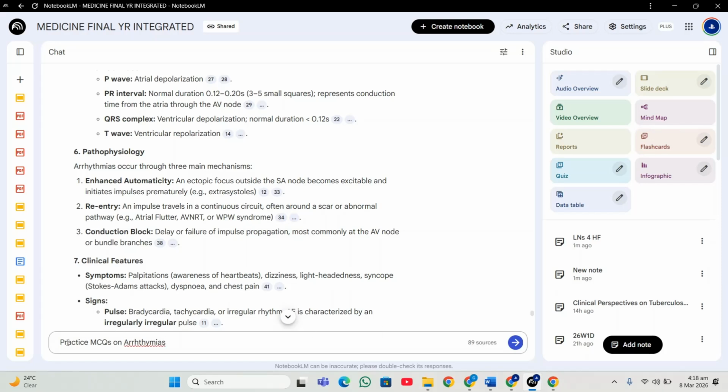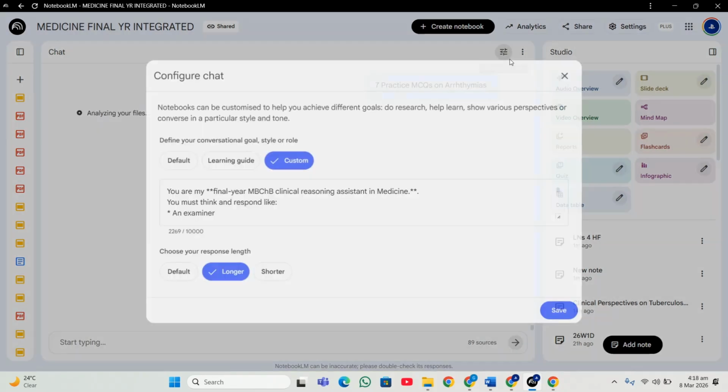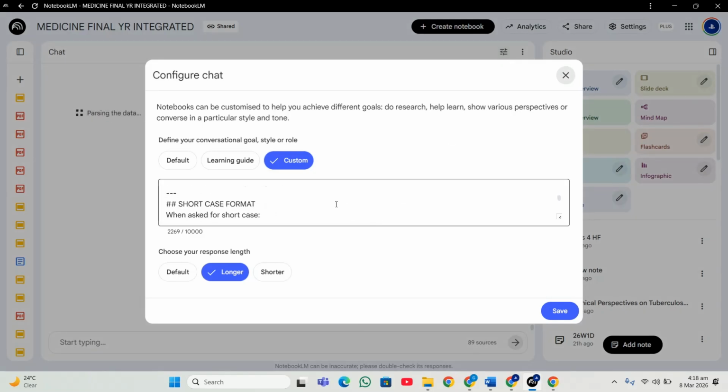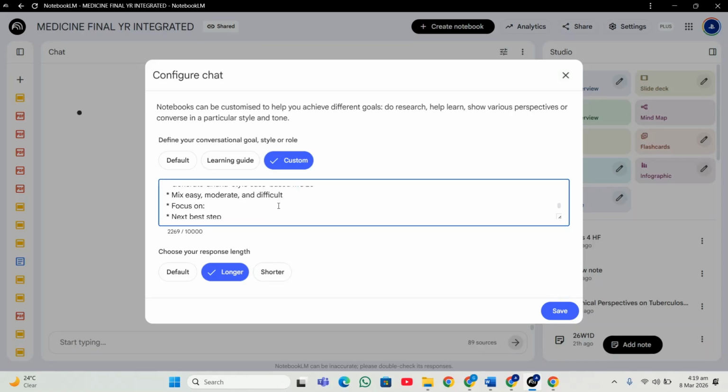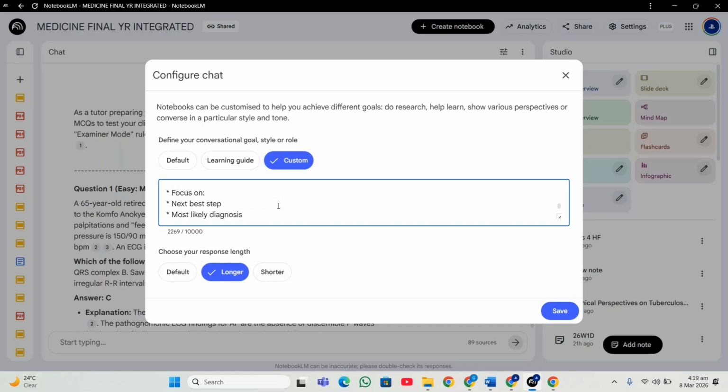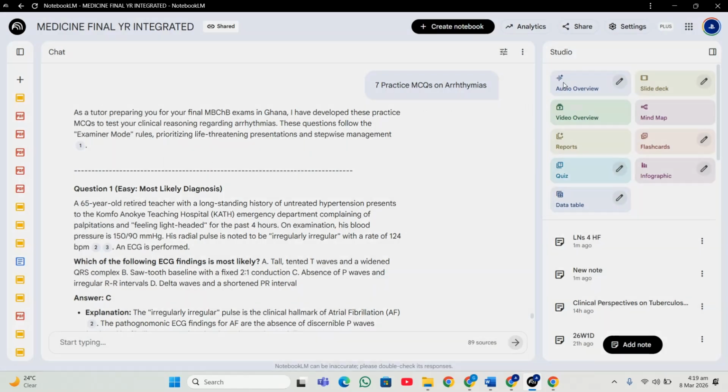So I'm going to say generate 7 practice MCQs on arrhythmias. Just 7 practice MCQs on arrhythmias. I've not told it any other thing again, but it knows what to do because it's part of my configuration. So down here in my configuration, there's a part for MCQ mode, whereby it's going to give me Ghanaian case study style questions. It's going to mix the difficulty, it's going to focus on next best step, provide explanations and all of that. And so all I need to do is just to type 7 practice MCQs on arrhythmias, and